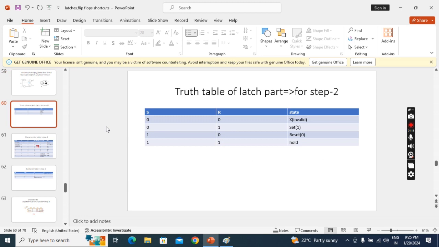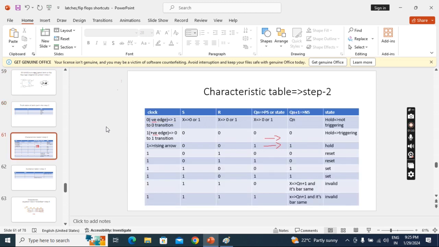This is the latch part truth table. This is the characteristic table. Here there is only one difference. Here this 0 means negative edge, meaning it is changing from 1 to 0 transition. And here 1 means positive edge, so it is changing from 0 to 1 transition. These ones we generally represent with a rising arrow, and the 0 with a falling arrow. That's the representation for